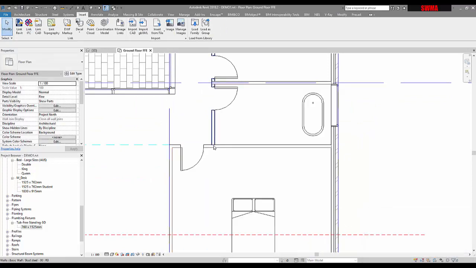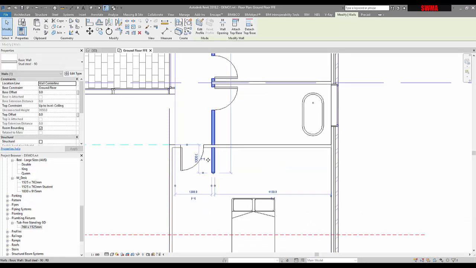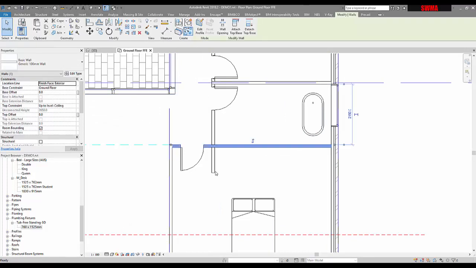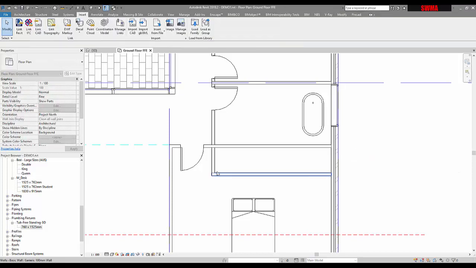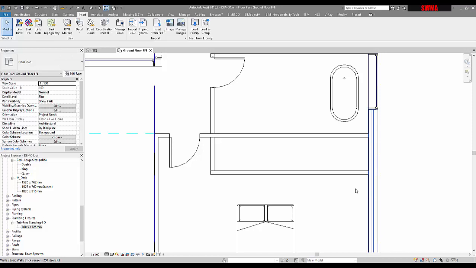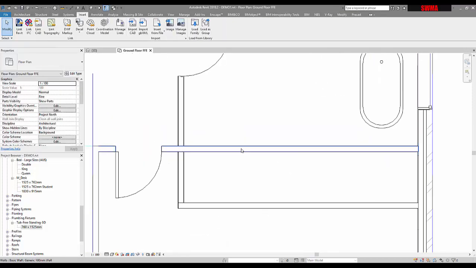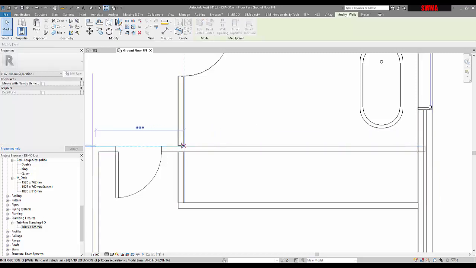I'm going to do this a different way. I'm going to bring this out, and I'm going to get a little bit more space here. I'm going to grab that, create similar, and just draw a line, and then just trim. Oh yeah, that's because I did some stuff with that wall. Okay, and that's about it. So I'm getting a little bit more space here, another 900 mil,